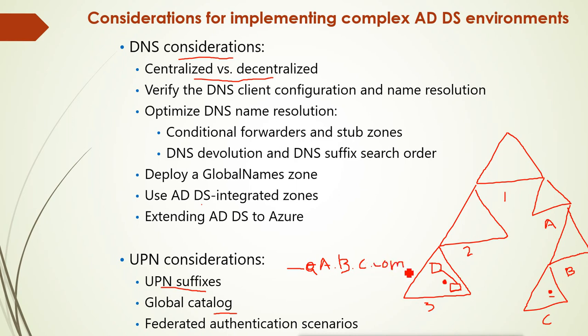Now in this kind of suffix it can be a big one. So for this UPN suffix, username at the domain name, child domain name, parent domain name, everything has to be given here. Oh, I have given the reverse order. Whatever, c.b.a.com, it has to be given like this. So every user has to remember the suffix.